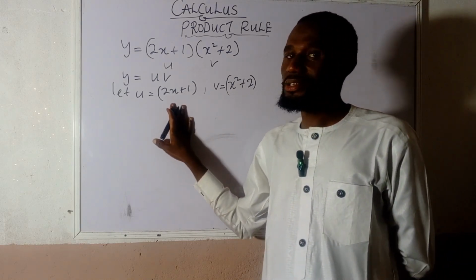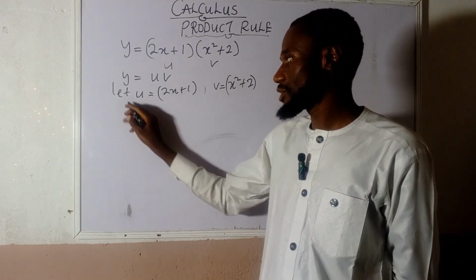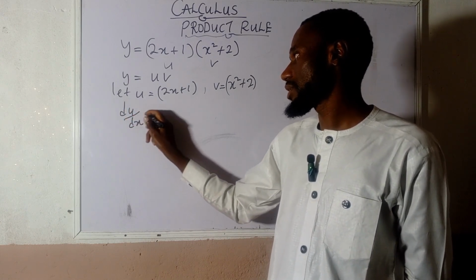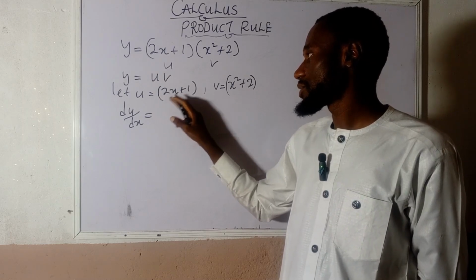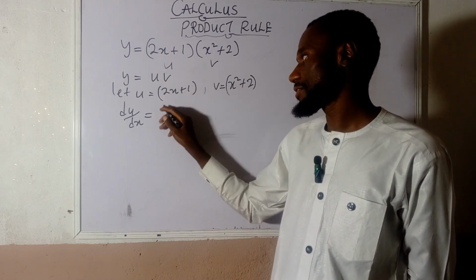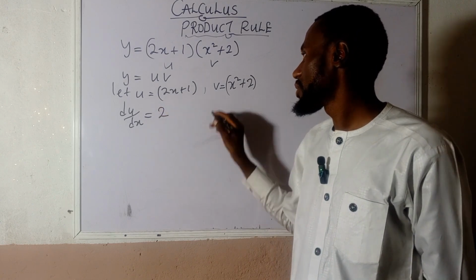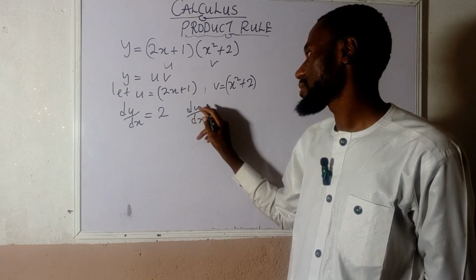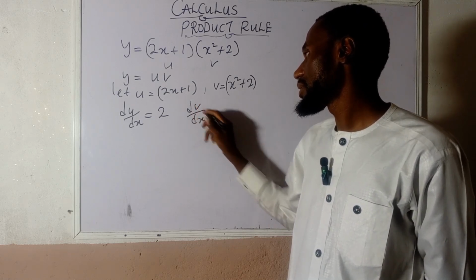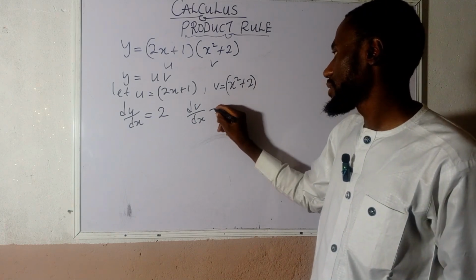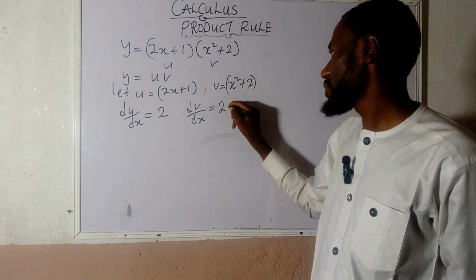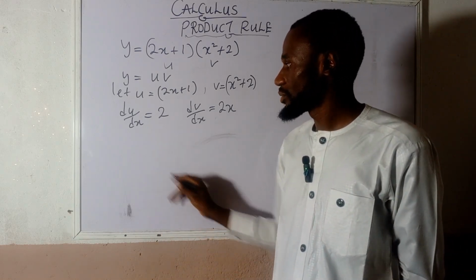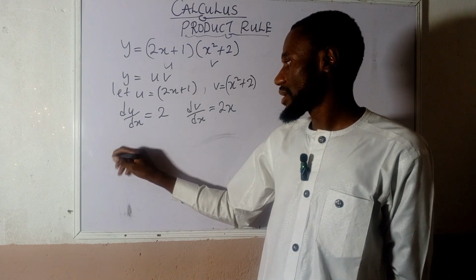If you differentiate this with respect to x, let's differentiate u. We have du over dx equals, if you differentiate 2x plus 1, you will have only 2. Let's differentiate v. dv over dx, if you differentiate v, you will have 2x. Therefore, we can use the formula of the product rule, which says dy